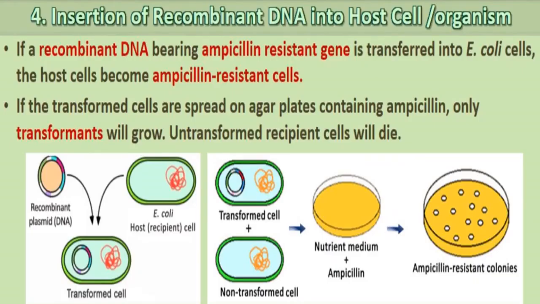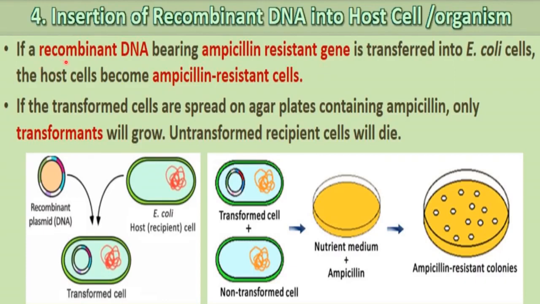After amplification of DNA, the next step that needs to be done is insertion of recombinant DNA into host cell or organism. So there are several methods of introducing the ligated DNA into recipient cell that we have discussed already. Okay, gene gun method, making cell competent by CaCl2 treatment, or by a disarmed pathogen method. So there are different methods for introducing that DNA into host cell. Okay, so recipient cells are made competent to take up the DNA in the surrounding.